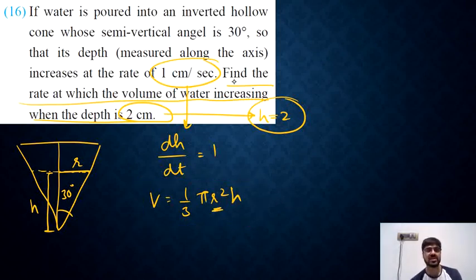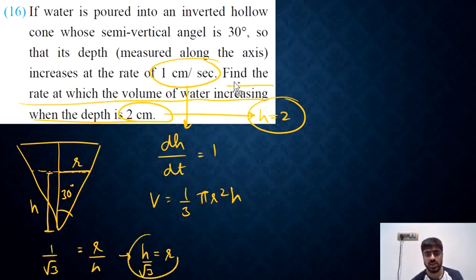Now the problem is there is r also which is changing and h is also changing. So we cannot have two variables in the same equation while solving these kind of sums. We need to eliminate one of the variables. And because dh by dt is known, it is very clear that radius needs to be eliminated. The radius will be eliminated by the condition that they have mentioned over here. So because the semi-vertical angle is 30 degrees, we can say that tan 30 is going to be equal to r by h, and tan 30 is 1 by root 3. So we have h is equals to root 3r, or we can say that h by root 3 will be equal to r, and r square will now be written as h square upon 3.